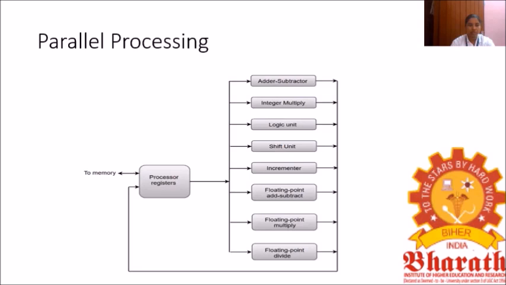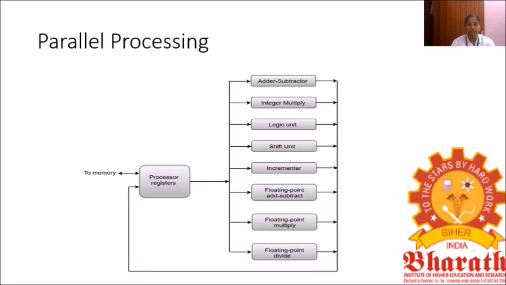The operation that is going to be performed in each functional unit is shown as such, like the adder and the integer multiplier. They are going to perform the arithmetic operations with the given integer values, and the floating point operations are further divided into 3 circuits, namely floating point add subtract, floating point multiply, and floating point divide, which are going to be operated in a parallel manner.